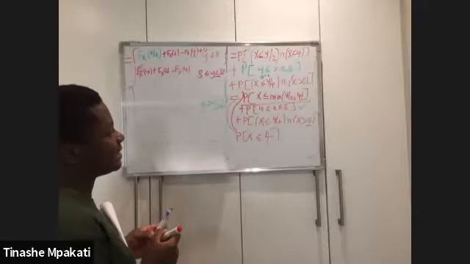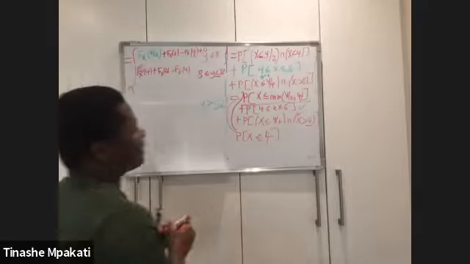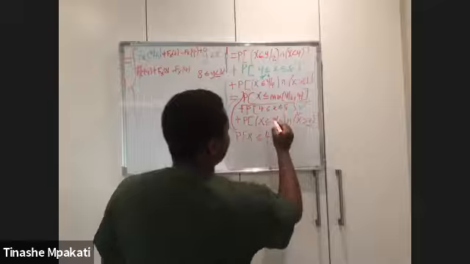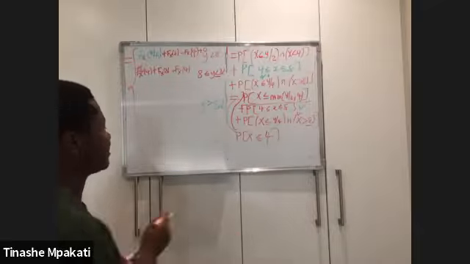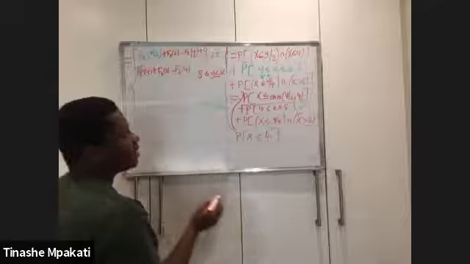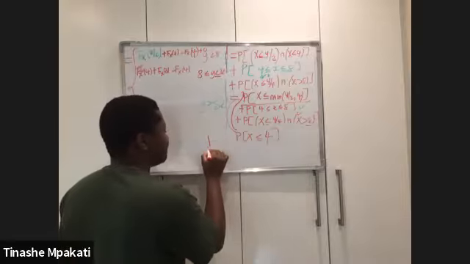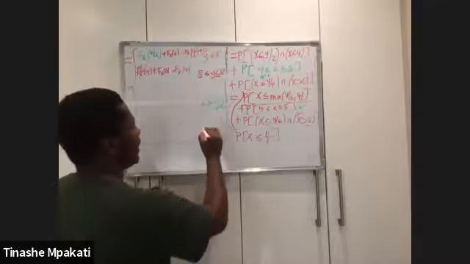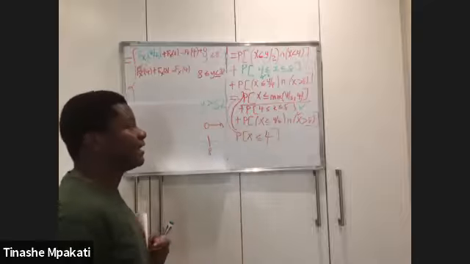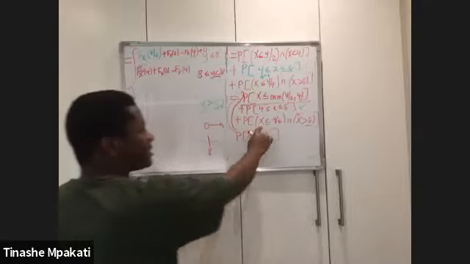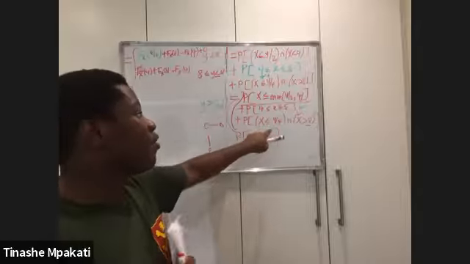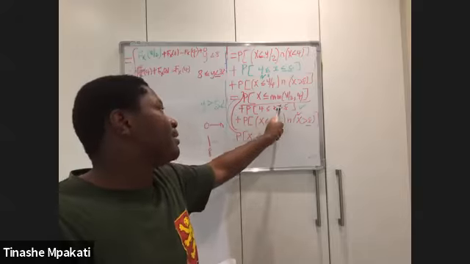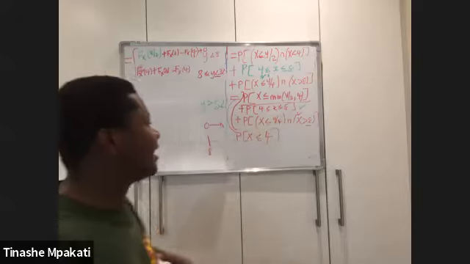The next part says now also add this term here, which is the probability of the intersection of when x is less than or equal to y divided by 4 with when x is greater than 8. Again, I will use the number line here. The number that we know for sure there is 8, and we want the intersection where x is greater than 8, again not including the 8. Then we are told about this other random variable x, which is less or equal, this is including, less or equal than y divided by 4. The reason why this inclusion there is important is that look at this.